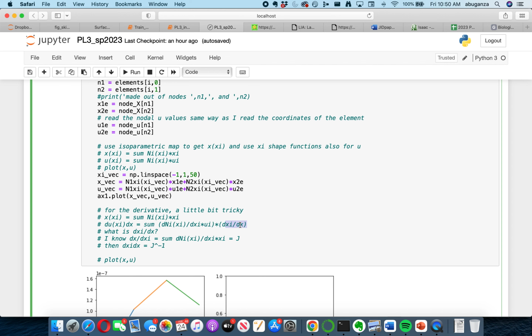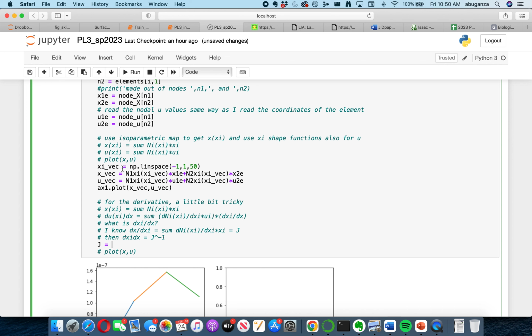All right, so let's do the Jacobian. What is the Jacobian? The Jacobian is basically the derivative of x with respect to psi. So the Jacobian is the sum of the derivatives with respect to psi times the x_i. This gives me basically dx d psi. I'm just taking the derivative of the isoparametric map. The derivative of this is the Jacobian,